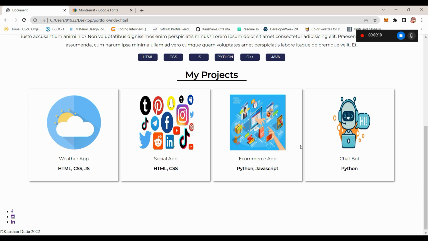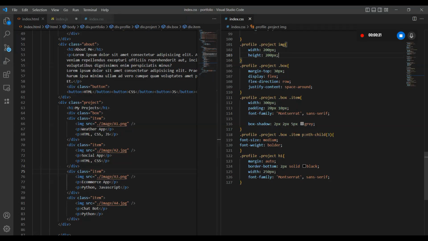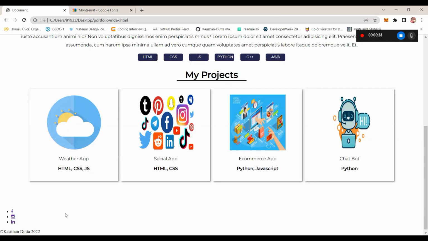In this video, I am going to be styling the footer section, and I am also going to be adding some more style components to our website. So let's start. First of all, as you can see, I am going to design my footer section,